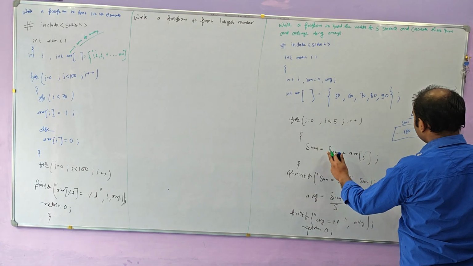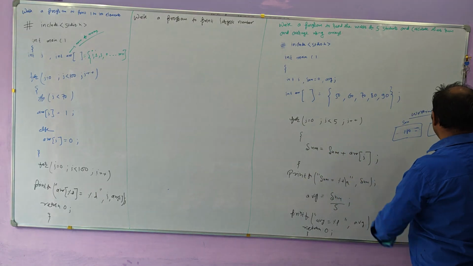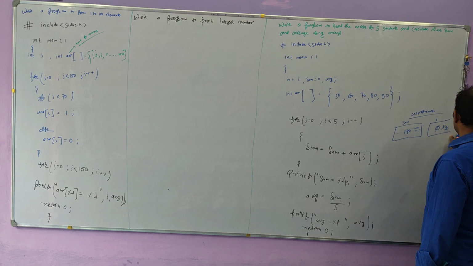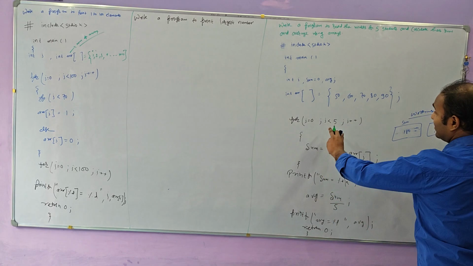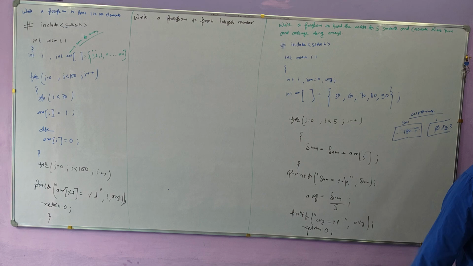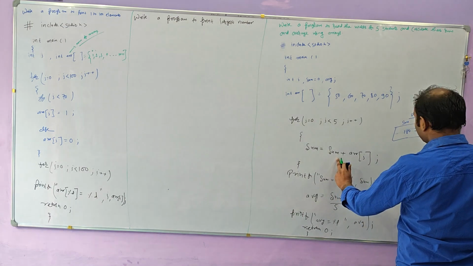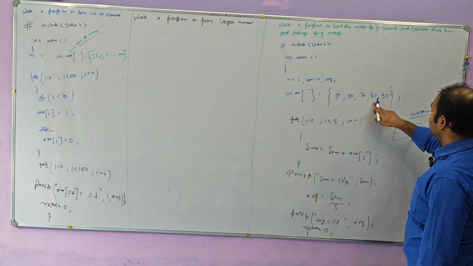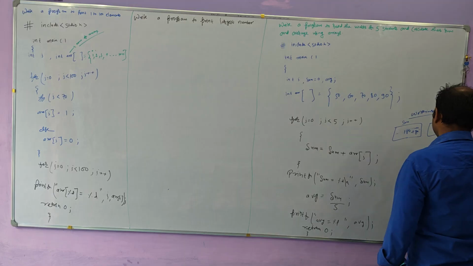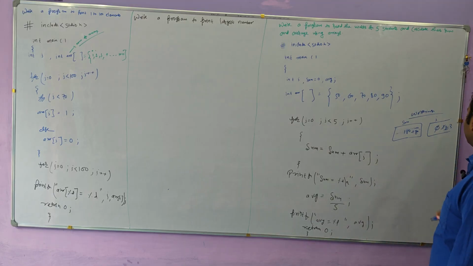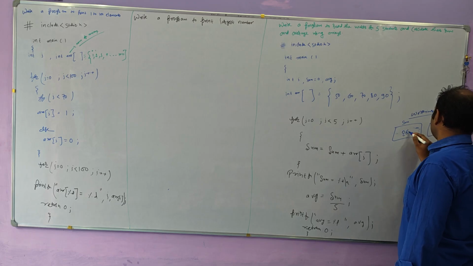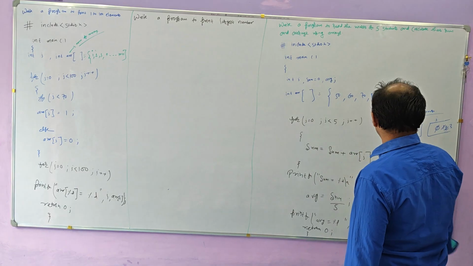And we have the 180 value in sum, and I is increased by 1 again. That becomes 3. 3 is less than 5. Yes, 3 is less than 5. Again, sum is equal to sum, 180, plus what? AR of 3. AR of 3 is what? 80. 180 plus 80 is going to be 260. And now sum has the value 260.